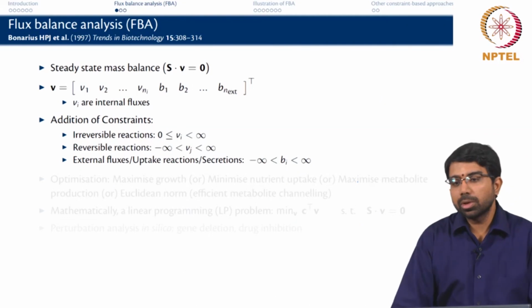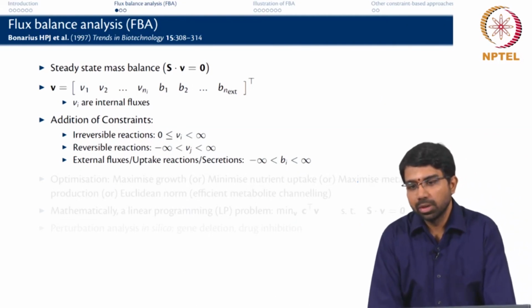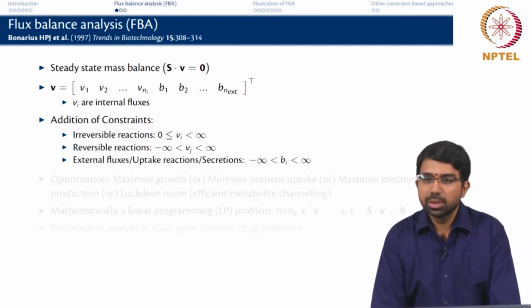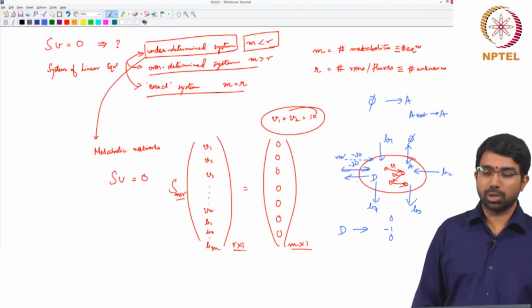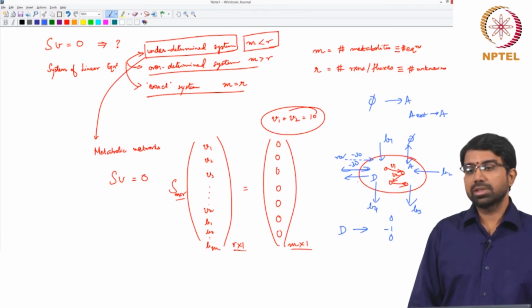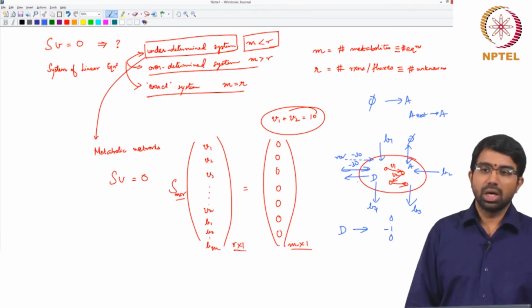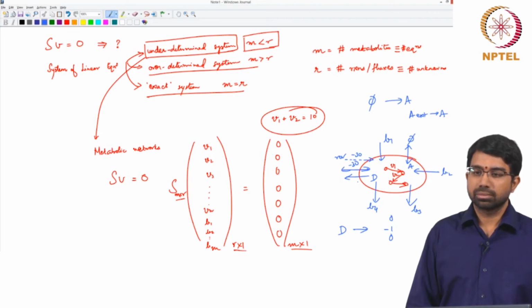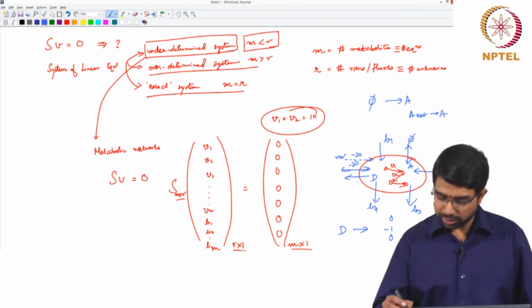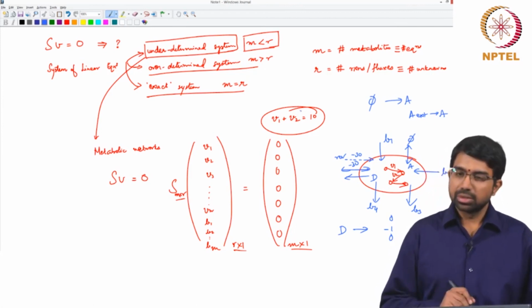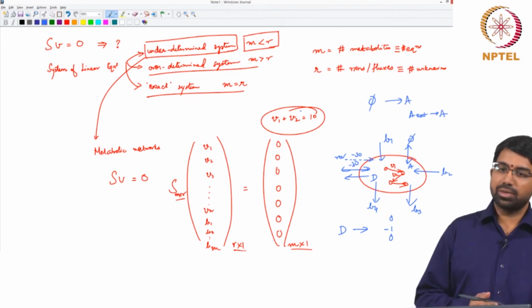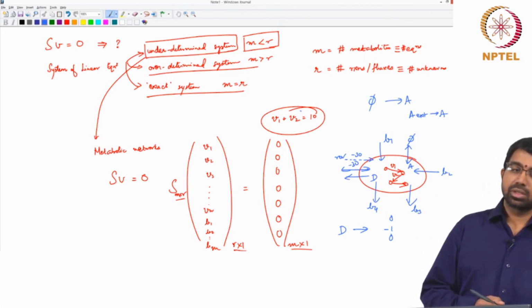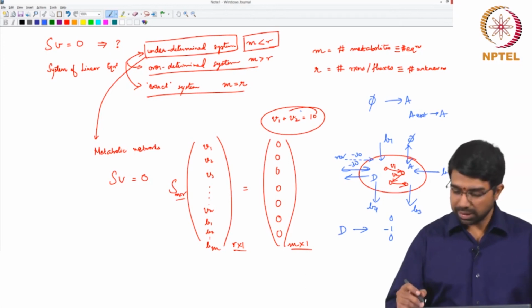So, how do you go about solving this problem now? You have an overdetermined system, which means you have to find out a single solution. If you want to find out a single solution to the problem, you need to come up with some other constraints or some other strategy. How would you go about it? So, if I wanted to solve this system V1 plus V2 equals 10, one way of potentially solving it is, if I told you some other conditions, if I said